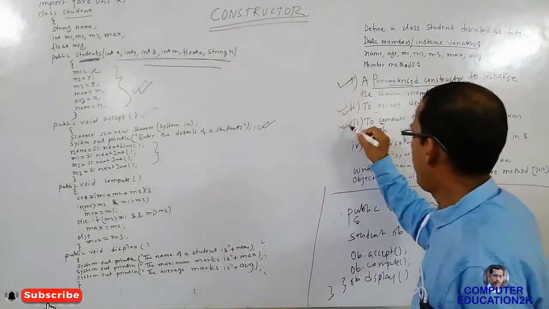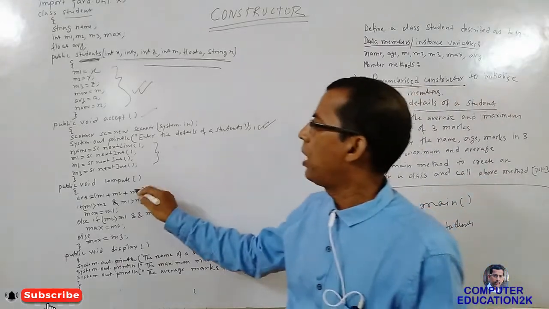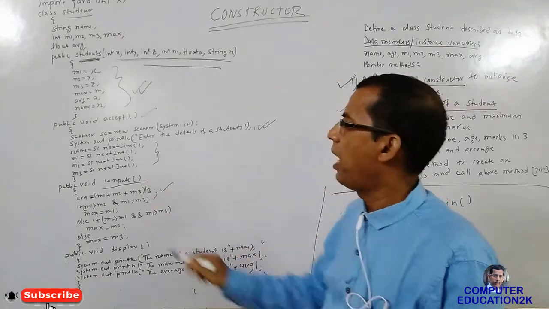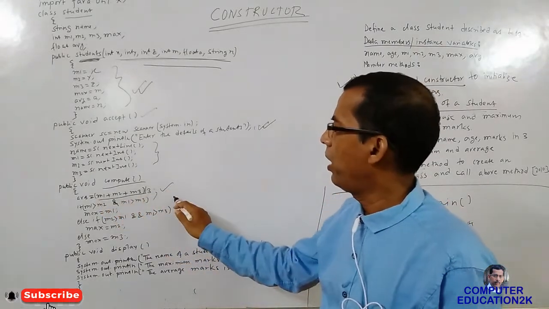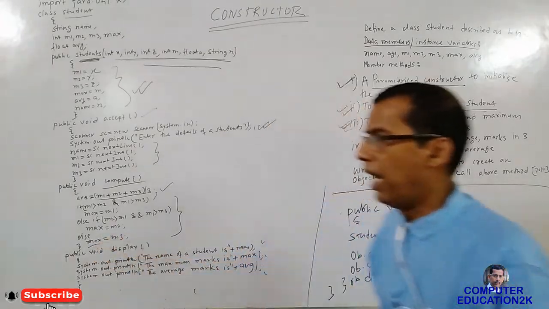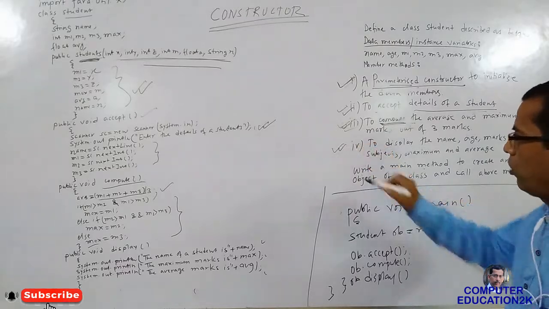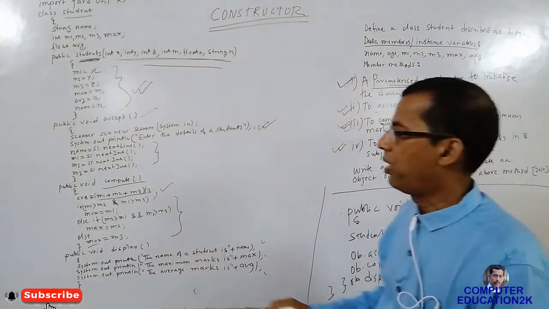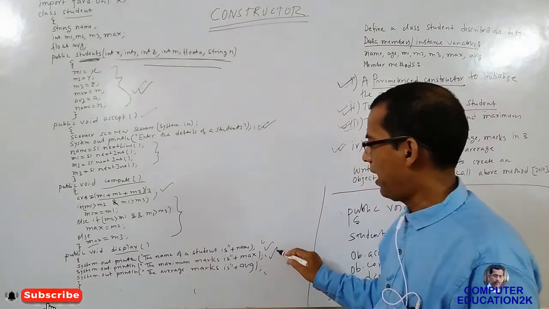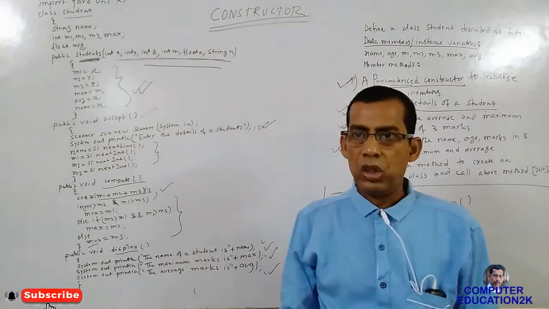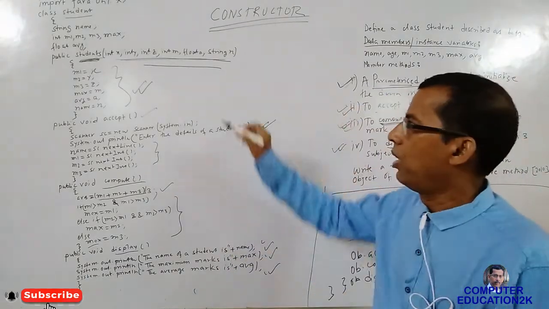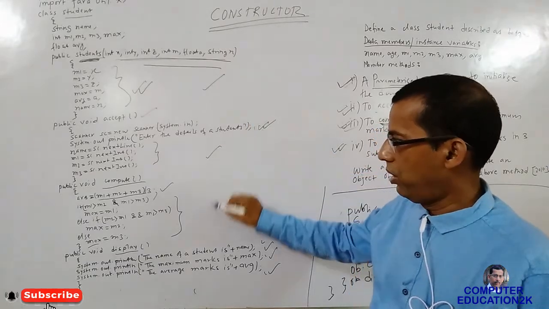So I have declared one more function, compute, and here I have calculated the average marks, and in this way I have found the maximum marks in max. And then in the question it says you have to declare one more function, display. So I have created one more function, display, and here I have displayed the name, max, and average. So this much we have done. We have declared the class, the variables, the constructor, and 3 functions.